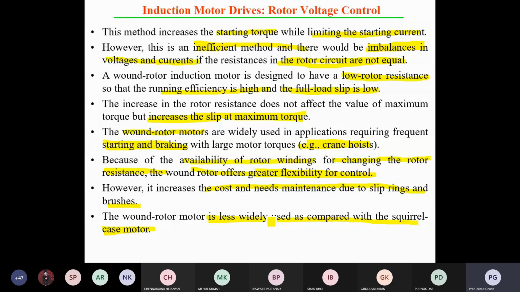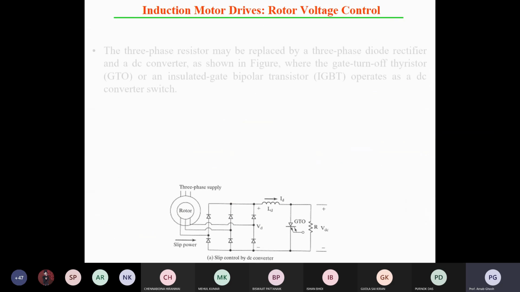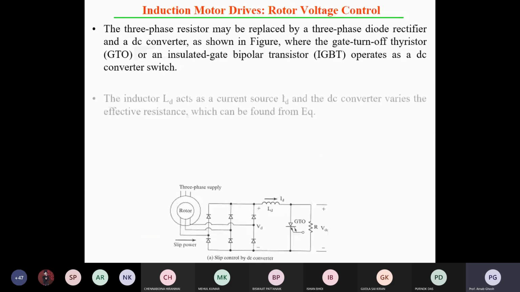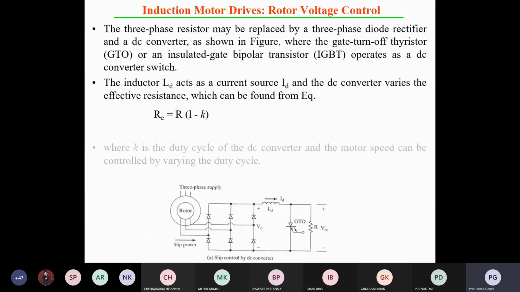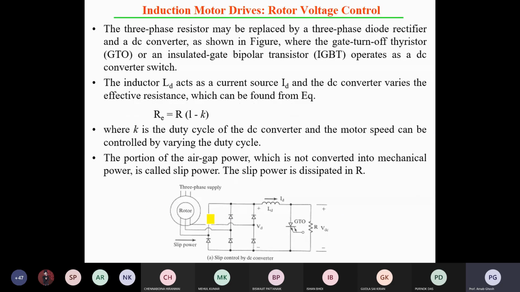What is that range? R equals R whole into 1 minus K. LD is the inductor and ID is the current source; it behaves like a constant current source. The DC converter varies the effect of resistance. As the equation is given, K is the duty cycle of the DC converter,